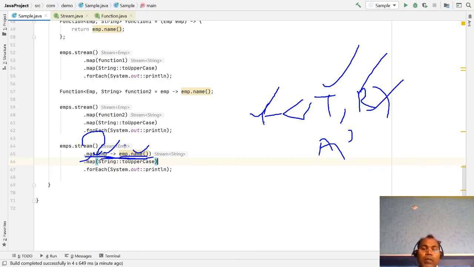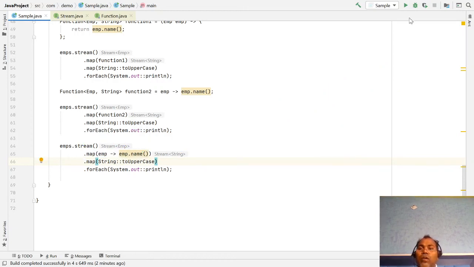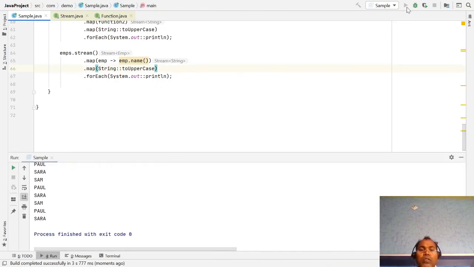So they are converting from employee to string, transforming an object from one object to another object. This way we can say we are writing such concise code when using lambda expression.